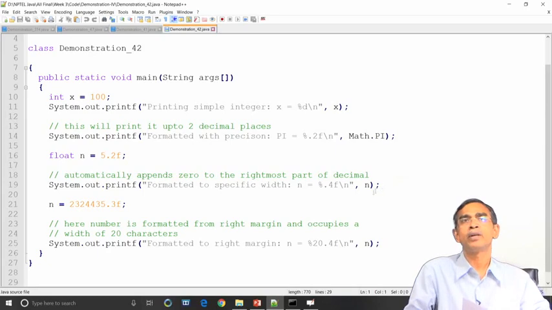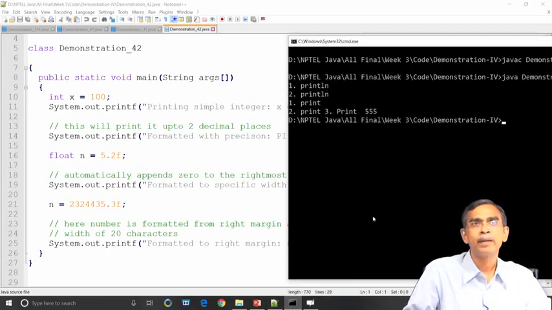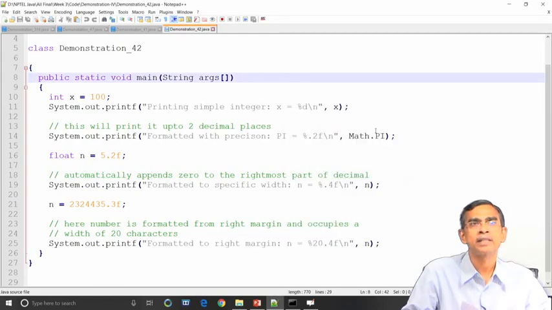Again, let us have a quick demo of this type of use of printf. In this we can see the program here, demonstration underscore 42, and we declare one method, the main method. In this main method we declare a variable x as 100, and now you see we use the printf method, system.out.printf, and to print the value we use %d.